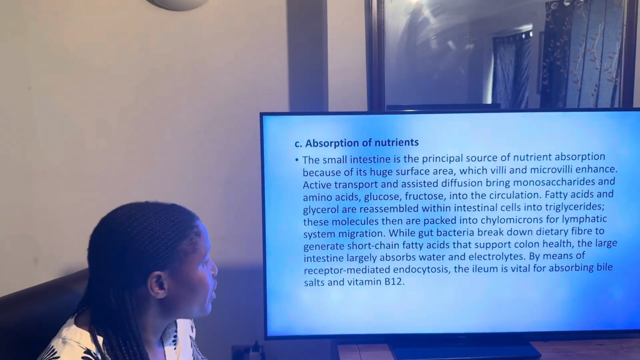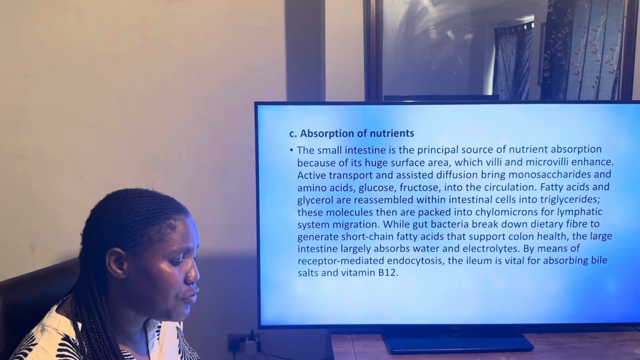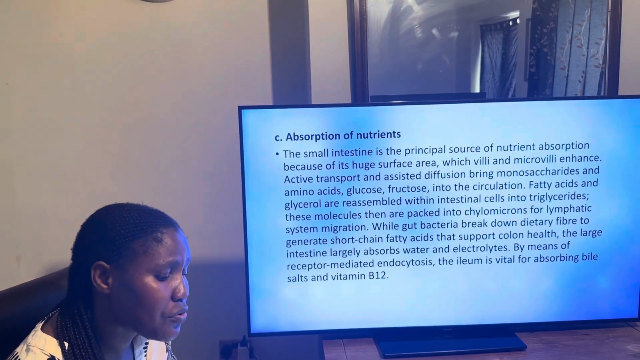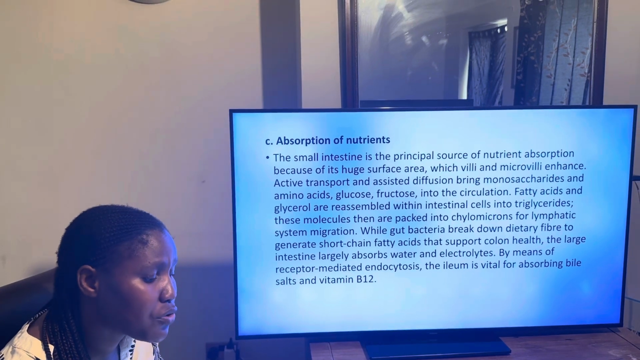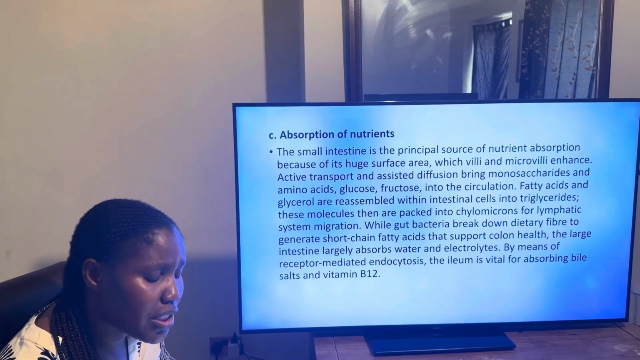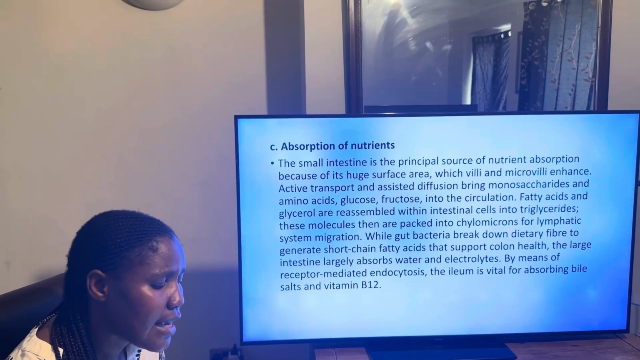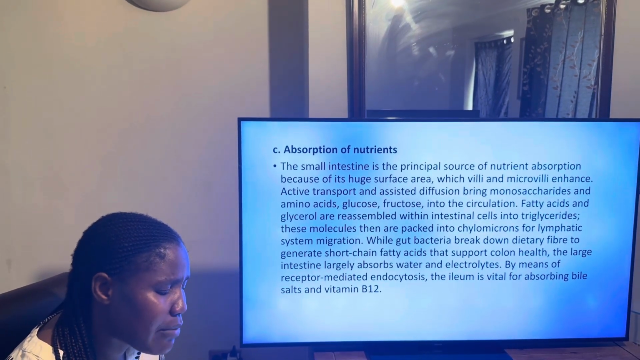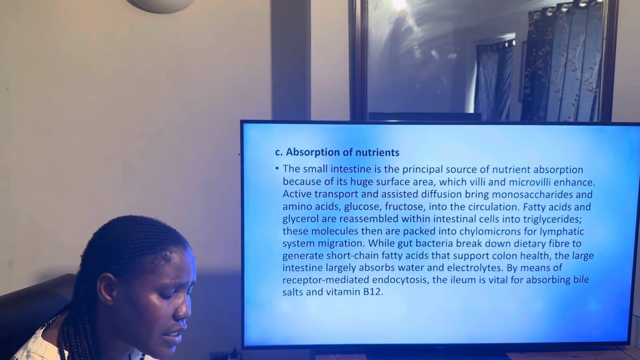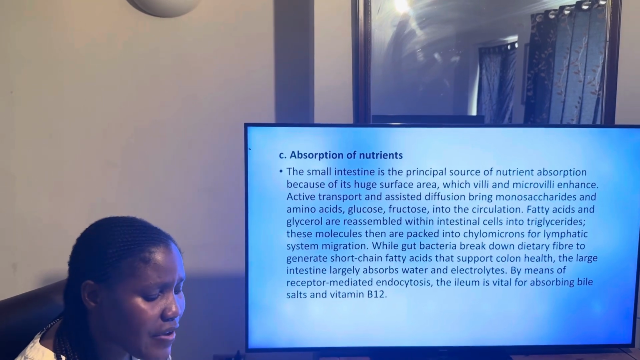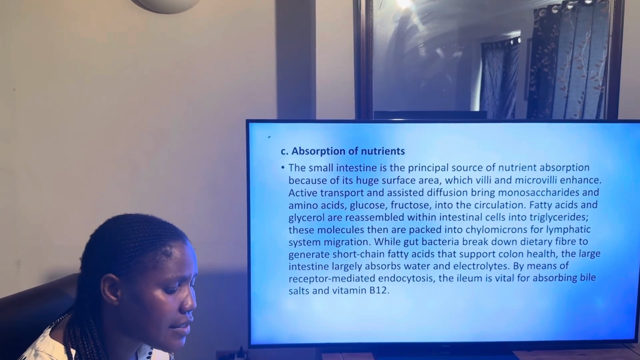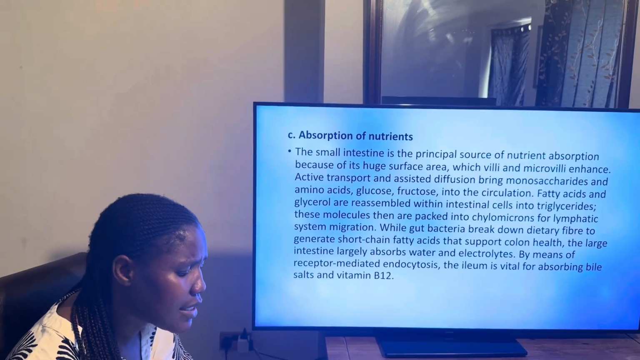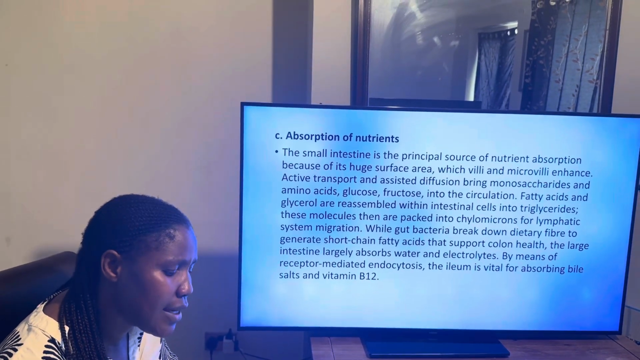The third function of the alimentary canal is the absorption of nutrients. The small intestines is the principal site of nutrient absorption because of its huge surface area, which villi and microvilli enhance. Active transport and facilitated diffusion bring monosaccharides and amino acids, glucose, and fructose into the circulation. Fatty acids and glycerol are reassembled within intestinal cells into triglycerides. These molecules then are packaged into